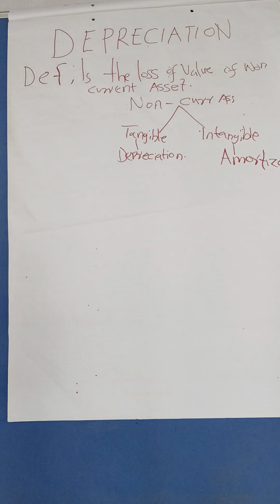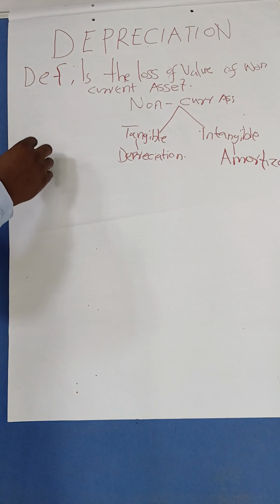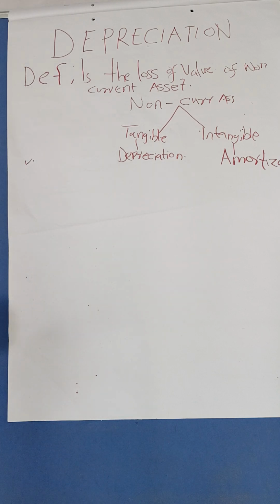Good. Now, that means it is mandatory. It's not that we just wake up and decide we want to calculate depreciation in the farm. It's mandatory for every farm to come up with the provision of depreciation, because at the end of the trading period, we have to come up with the financial position of the business, or you can call it the balance sheet, where we have to know the assets and the liabilities.